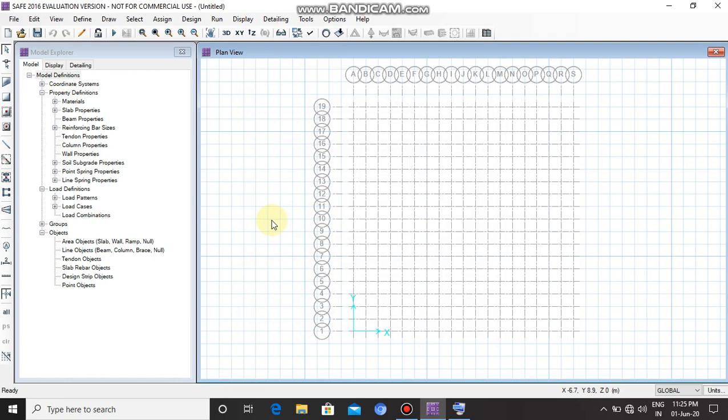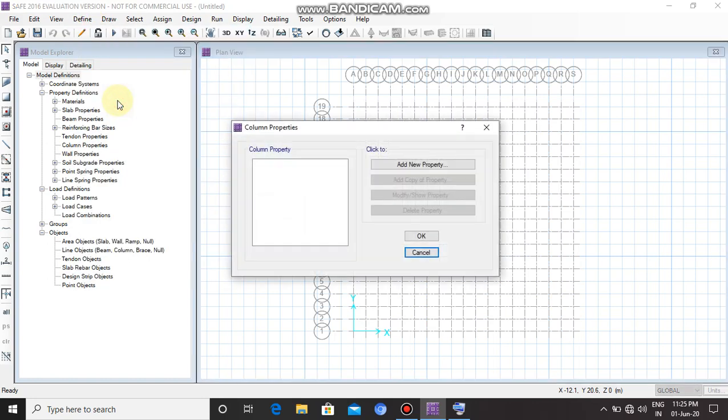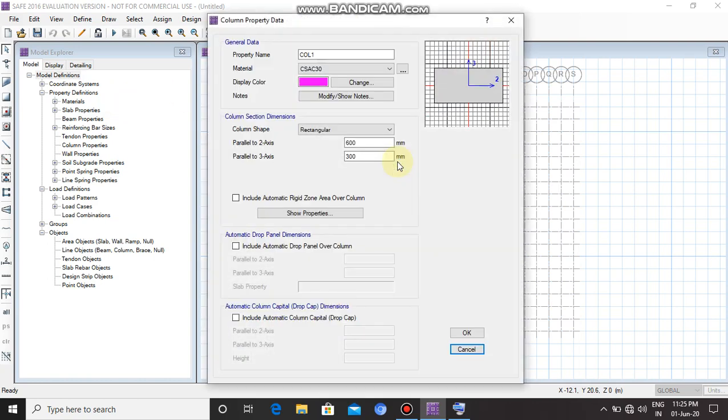Now the column properties. Let's go to define column properties. Although there are 16 columns, they are of only 2 types, so define only 2 column properties. So add new property.